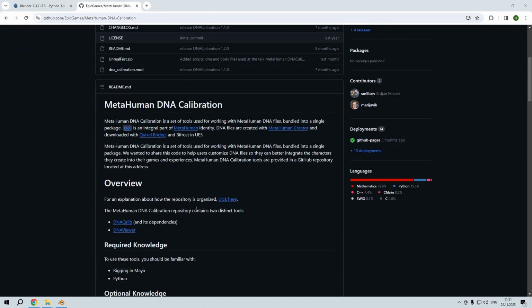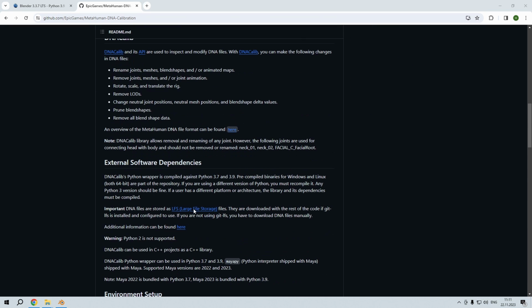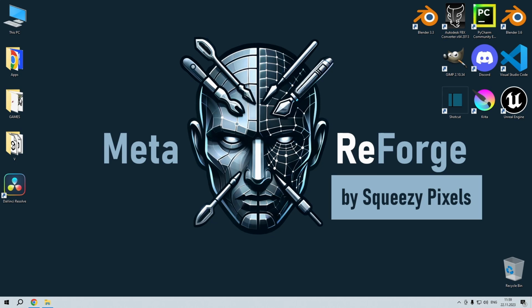Unfortunately, Epic Games provides pre-built binaries only for Python 3.7 and Python 3.9, which is not used in the later Blender releases. We have two options: find a version of Blender that supports Python 3.9, or compile DNA calibration for the required Python version. This time, I'll talk about the second option, but before we start, I want to say